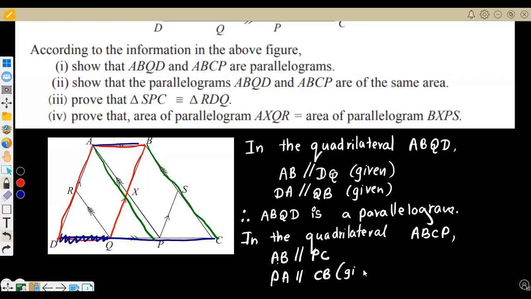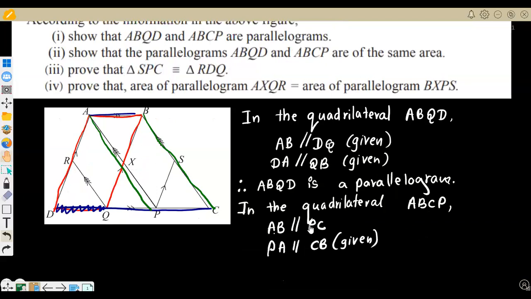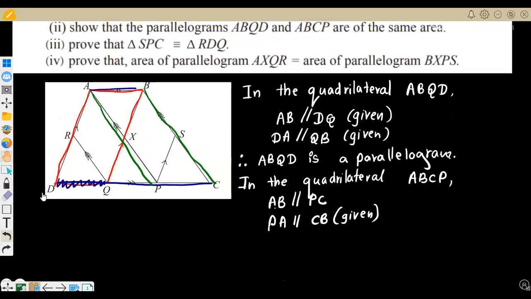Given. Okay. Then we can say that in a quadrilateral, if the opposite sides are parallel to each other, that means it is a parallelogram. Therefore,